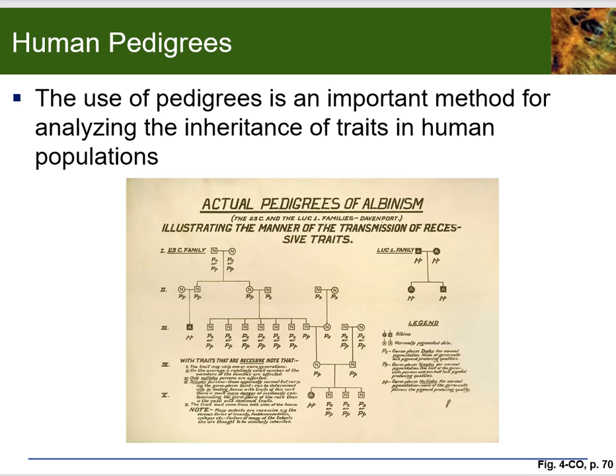Okay, human pedigrees. We talked a little bit about this in the Chapter 3 video. The use of pedigrees is an important method for analyzing the inheritance of traits in human populations. They've been utilized for many decades now, and it's an opportunity for genetic counselors to take a look at family history and look at traits to identify who may potentially have a particular characteristic or disease, for instance,